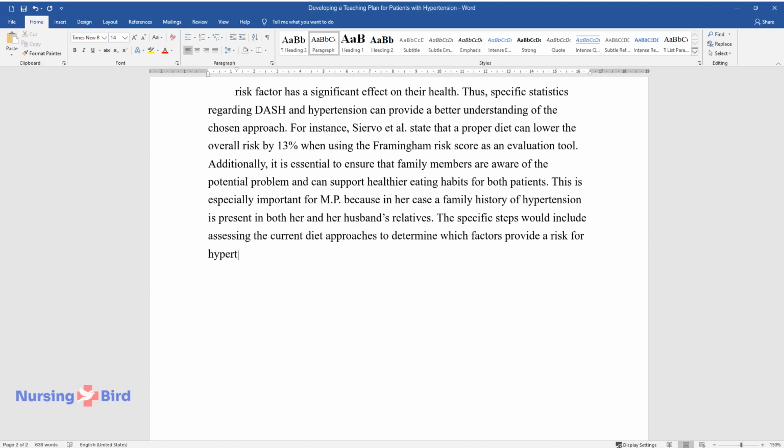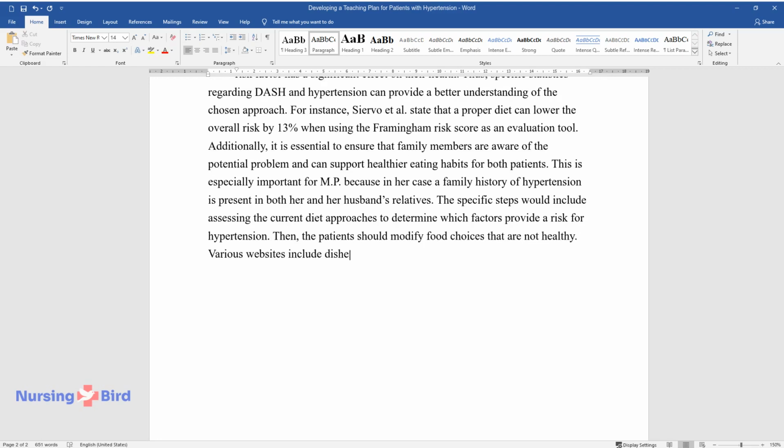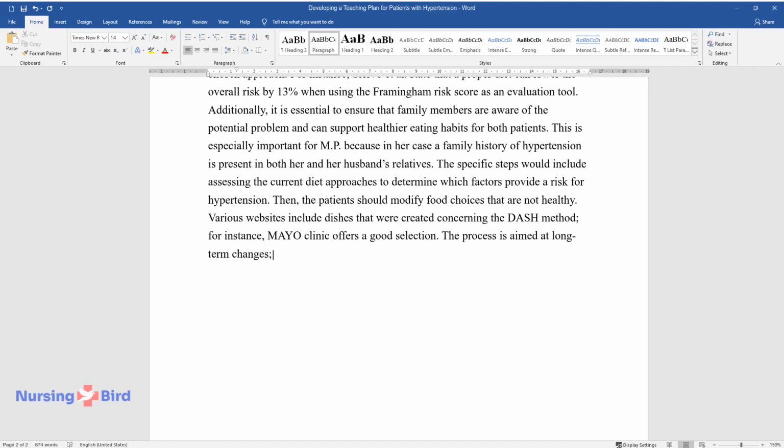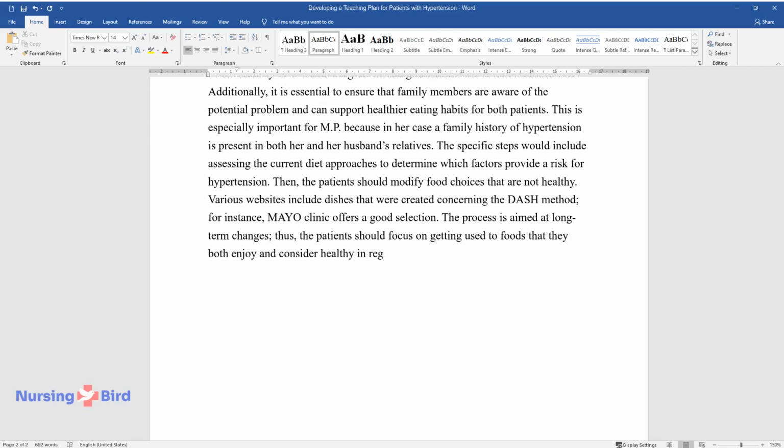The specific steps would include assessing the current diet approaches to determine which factors provide a risk for hypertension. Then, the patient should modify food choices that are not healthy. Various websites include dishes that were created concerning the method, for instance, Mayo Clinic offers a good selection. The process is aimed at long-term changes, thus, the patient should focus on getting used to foods that they both enjoy and consider healthy in regard to